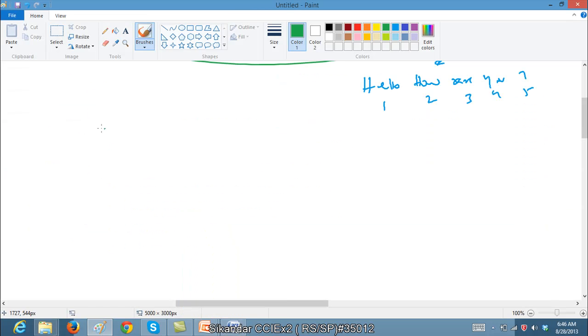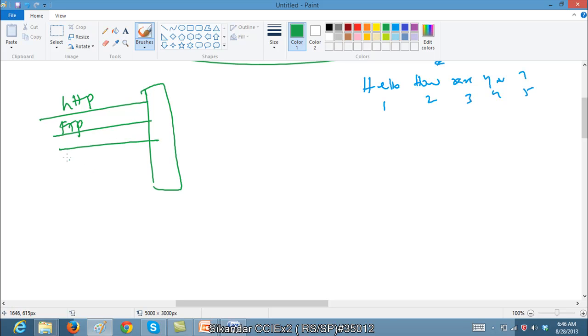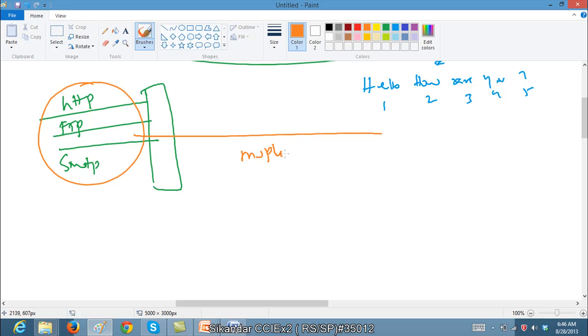Multiplexing and demultiplexing happen when you are sending information. We may be sending some HTTP traffic, some FTP traffic, and some SMTP traffic. Even though multiple services are going on the same channel, each service is differentiated, and we call that process multiplexing. So multiplexing allows you to send your data on the same channel, but still they are differentiated with different